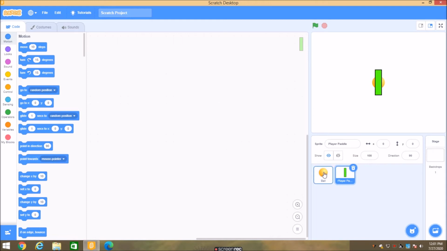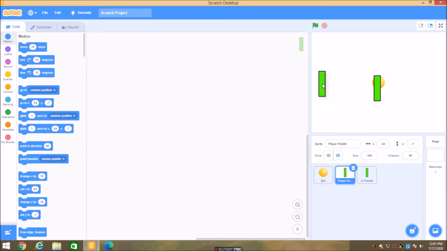This is our player paddle, this is our ball, and right click on this and there is an option to duplicate. If you duplicate it, there will be player paddle 2. We want an AI paddle. Okay, so here is our AI paddle, here is our player paddle. When you select this, you can read the name.